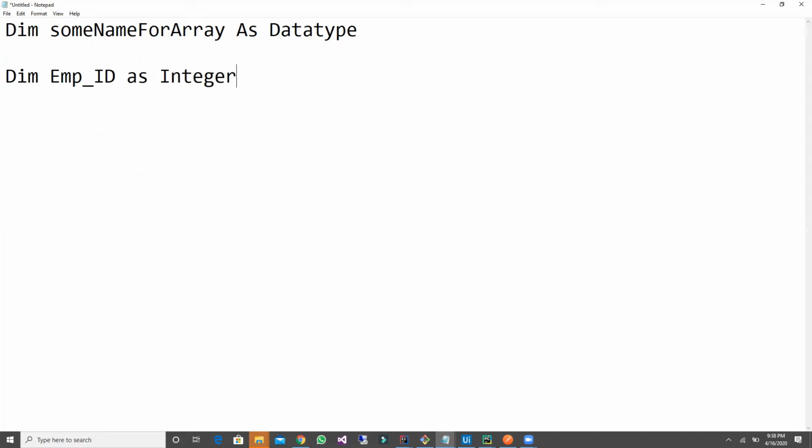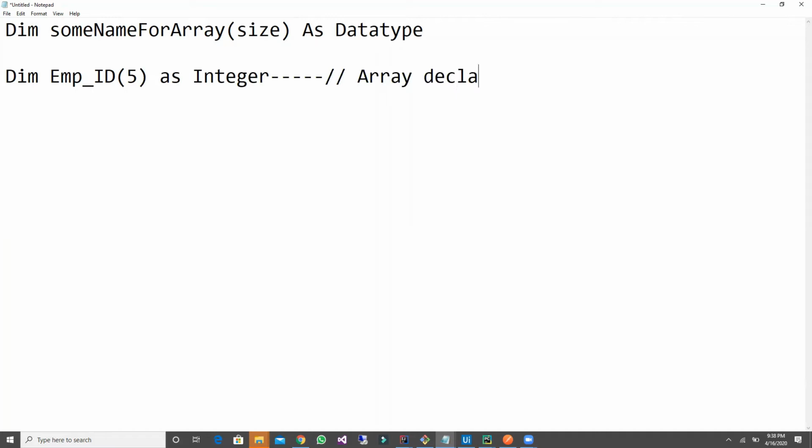So if you guys remember yesterday, I told you that we have to specify the size. So where you are going to specify the size, Pratap? So here we need to give a parenthesis and we have to define the size. So what is the length of element that you are going to store? So here also we have to tell that I want to store 5 elements. So this part is going to be called as array declaration.